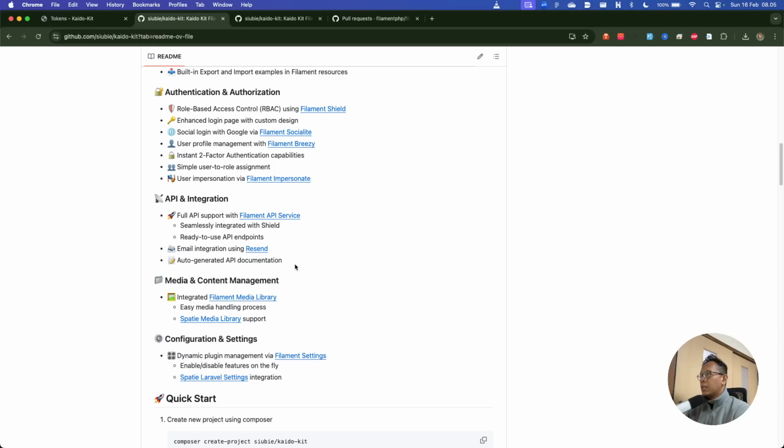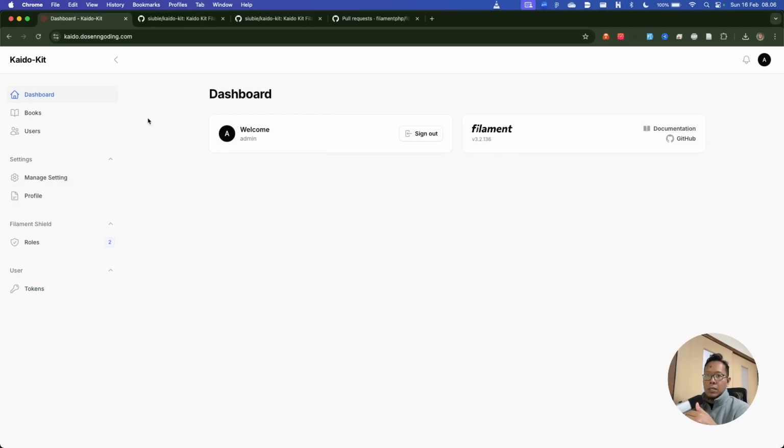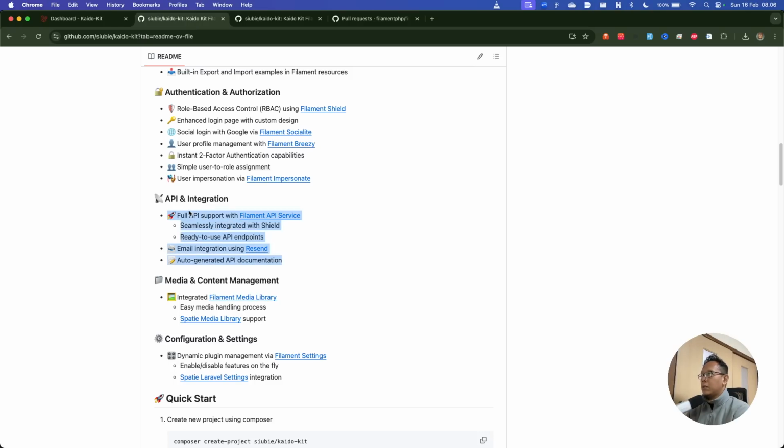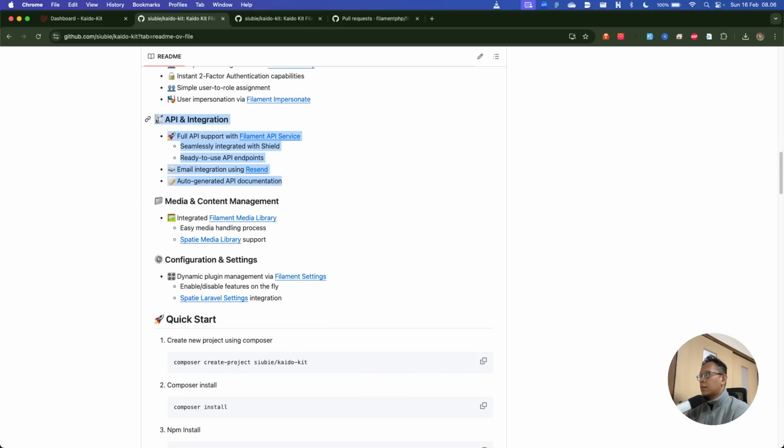For email sending, we also integrate using Resend. Resend is a good service, I think. And for registering, forgot password, and all of the other settings, we can use that to support our user. Resend is very good. I will recommend these things. API documentation from Scramble already works, but on the server maybe I haven't published that yet, but I will update later and you can see the API documentation.